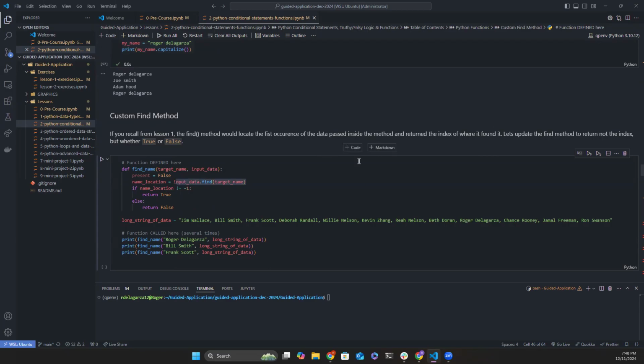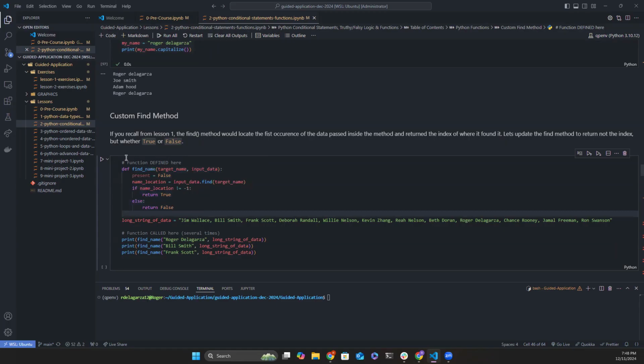And the answer is kind of already here, so I'll just go ahead and say it returned the index. But let's say we don't want the index. We just want to see if whatever item we're trying to find actually exists in there. So we want something like true or false. We don't want some number. Just tell me yes or no, right? So we're almost creating a new version of the find method, but specifically to just work for